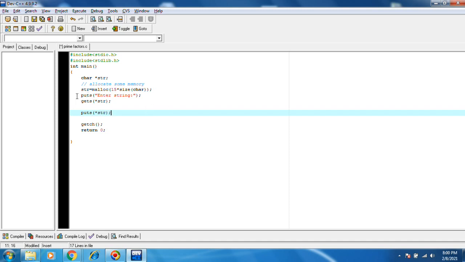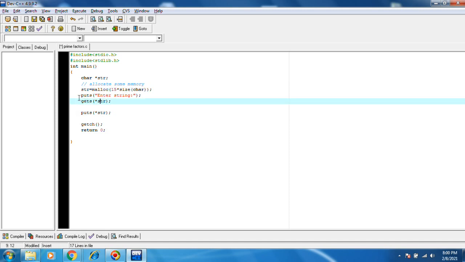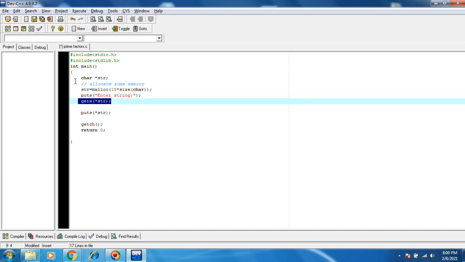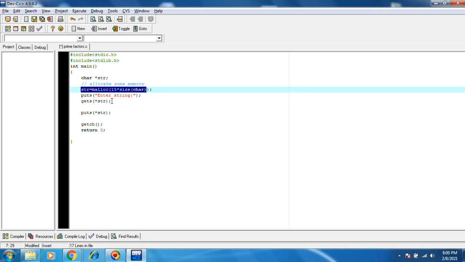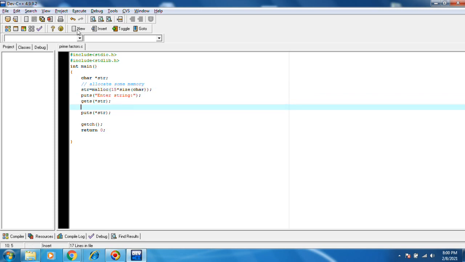I have allocated some memory, and once memory is allocated, I can enter some data in that memory. Then I am printing the data.